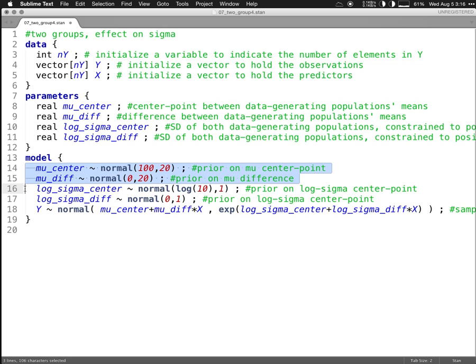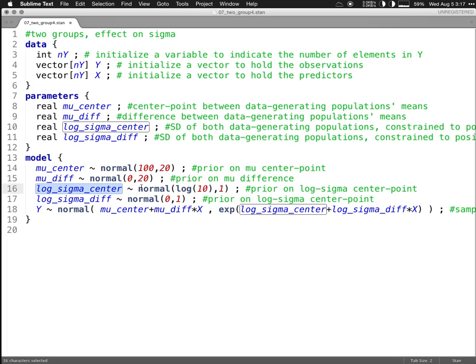in terms of the mu, everything's the same. I'm just naming them a little bit differently, in terms of, instead of mu and diff, we've got mu center, mu diff, and this is all the same as what you just saw in the last model. What's different is that we've got this here and these two here. And what this effectively does is it says the sigma that's going to be applied to each group can be different. And it depends on